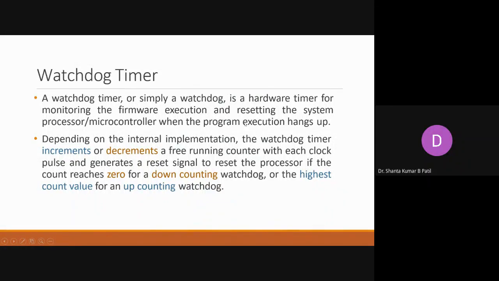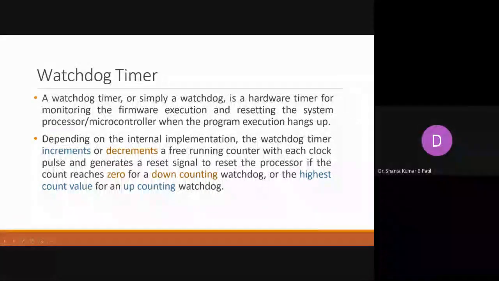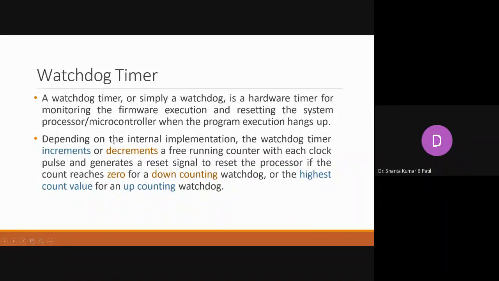The watchdog timer works like this: if the processor is performing the operation and is in a healthy condition, it continuously resets the watchdog timer. If it malfunctions, it is not going to send any reset signal to the watchdog timer. Then the watchdog timer,